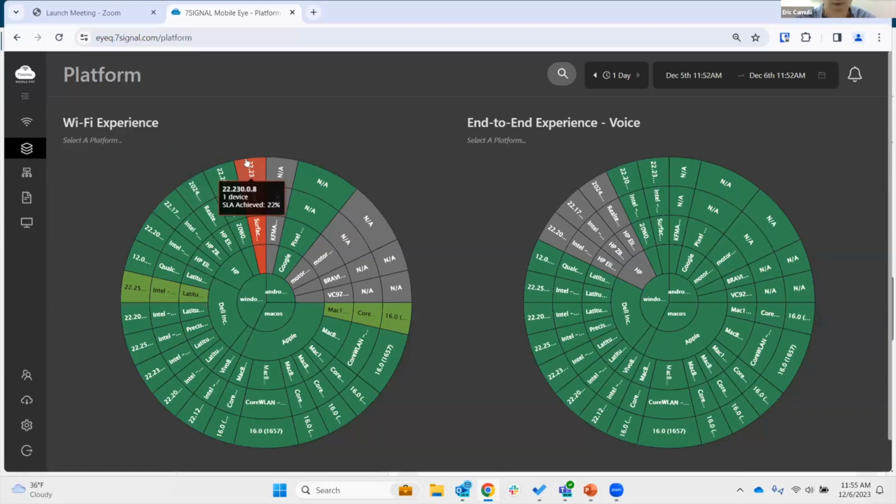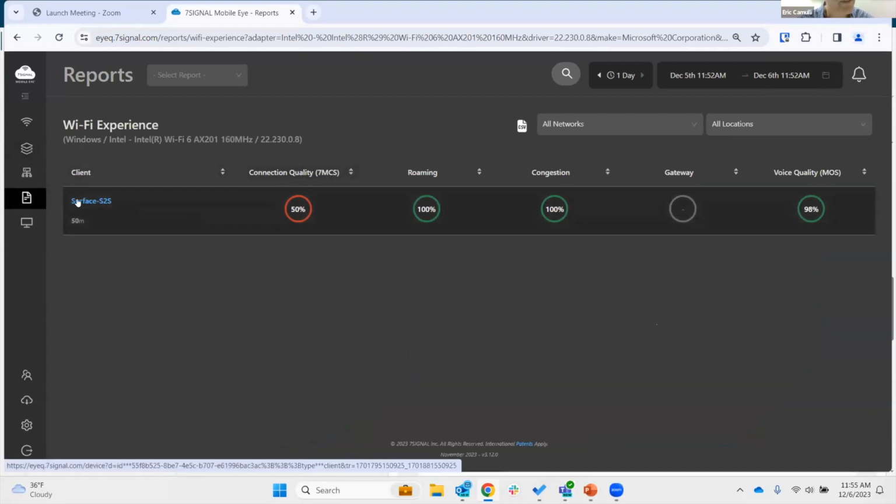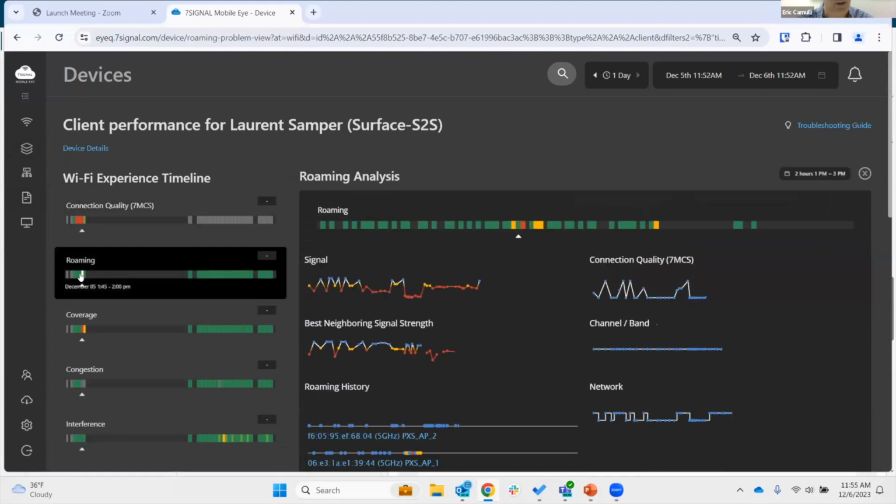Who is this poor person right here with this bad configuration? Just click and we'll find out who it is. There it is. It's this device. Who is that person with that device? Aha, it's Laurent. Laurent is having a bad Wi-Fi experience. And I can see the roaming issues, for example, which are definitely governed by the Wi-Fi adapter and driver. It's the adapter that's going to look around and determine, I'm comfortable where I am, or I see better options and I'm going to roam to something better. Here's a perfect example of that right here.